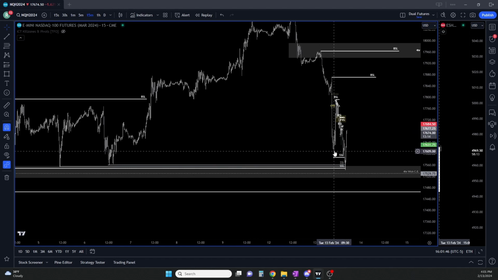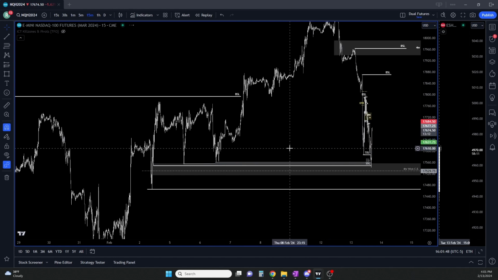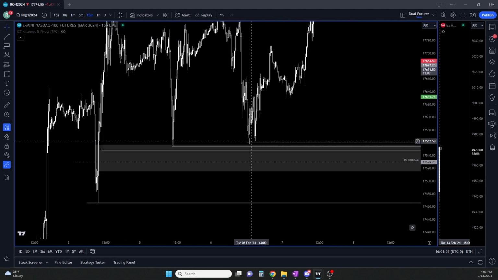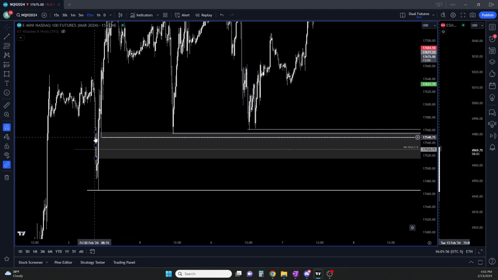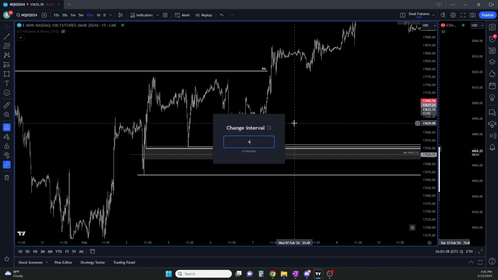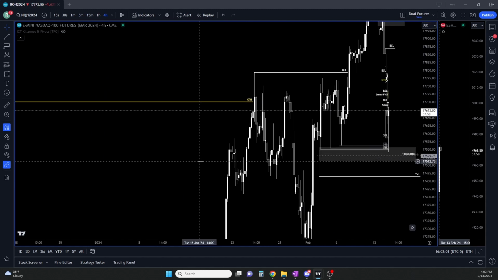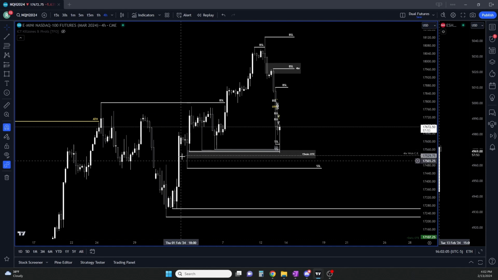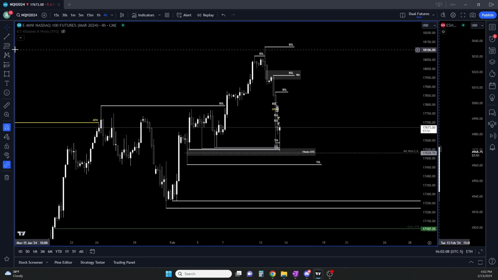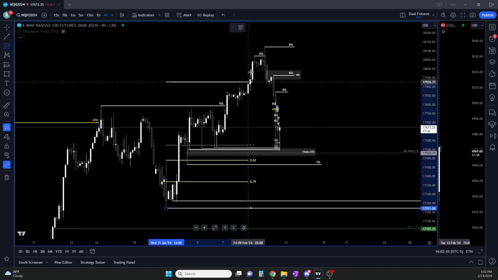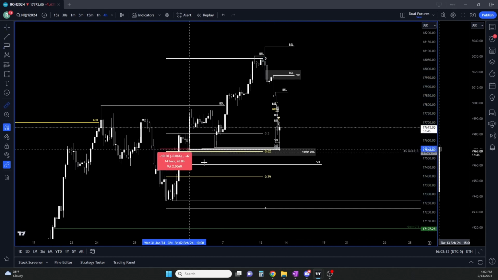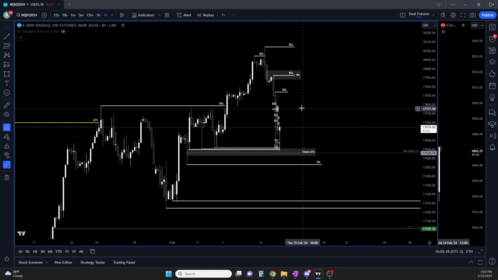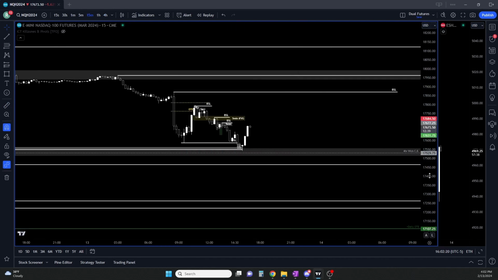So once we started bouncing here around market open, I was expecting, if you look here, we had all these stacked lows. We had this 15-minute fair value gap. And if you zoom out a bit, we had the consequent encroachment of this 4-hour wick. And this is also the OTE of this entire range. So I was expecting us to come down here, and